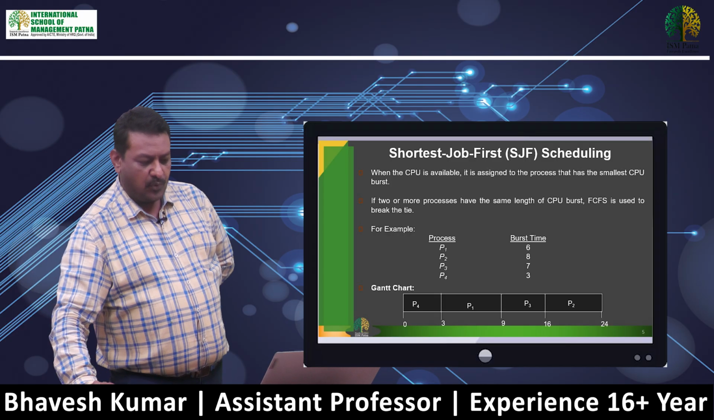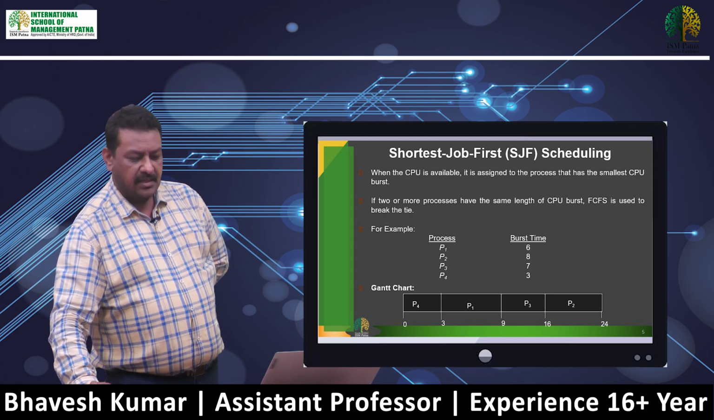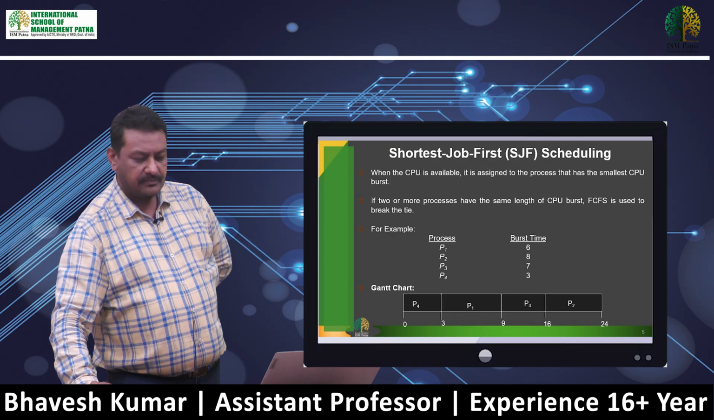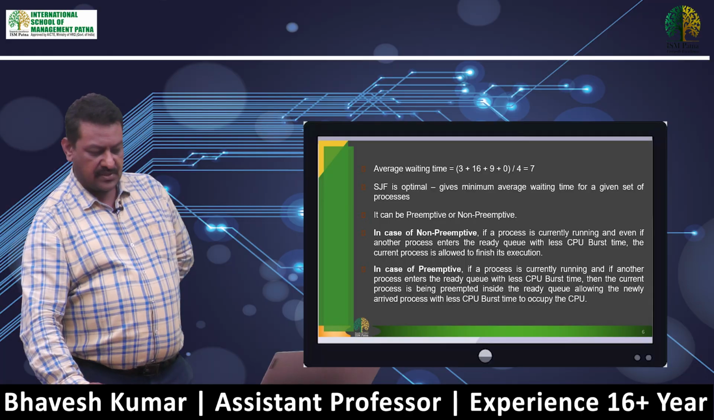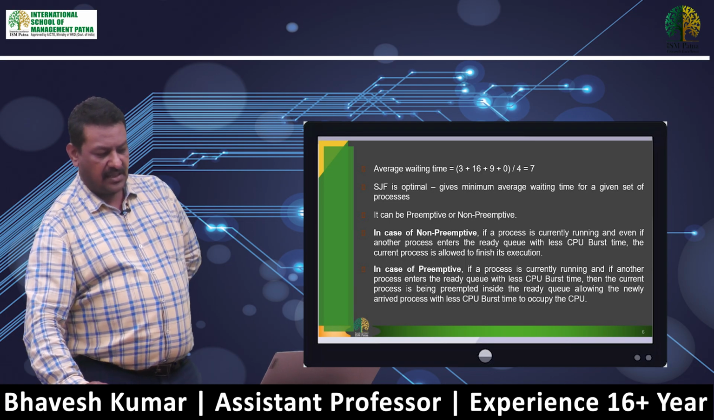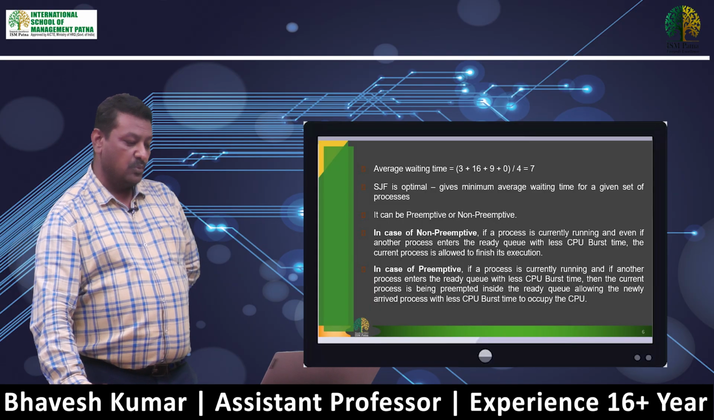Now if you leave away P4 and P1 and if you consider only P2 and P3, P3 has the least requirement of burst time, so 7 milliseconds. After P1, P3 has executed for 7 milliseconds. After P3, P2 has executed for 8 milliseconds. So now if we look at